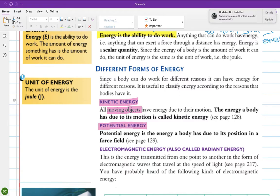Second one then, which we're going to do a lot of in this chapter, is potential energy. So the potential energy is the energy a body has due to its position in a force field. Now we'll talk about this later in the chapter, but there's different types of potential energy. In this chapter a lot we talk about gravitational. So see the way it says in a force field? It can be in different force fields. It just depends what's exerting the force. So potential energy can be due to your position within the gravitational force field, which essentially means that